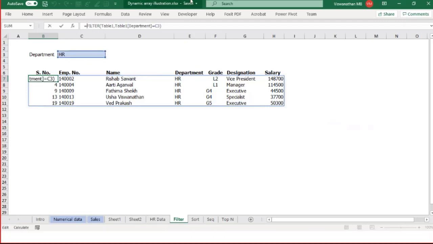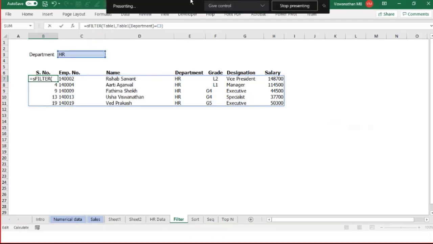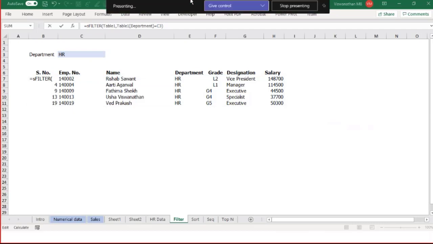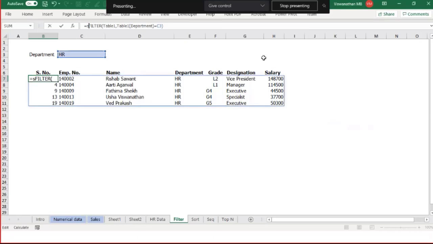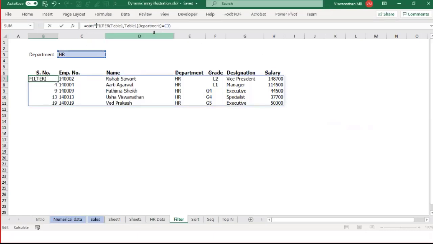Let's say I want it sorted based on the first column, or let's say I want it sorted based on their employee number, right? Or their names. Let me sort it based on their employee names actually. So what I'm going to do is type equals sort. You could have directly given the first data here, right? Sort this table based on their employee name, and for that you're going to give a column index. The employee name is the third column, so I'm going to type comma 3.